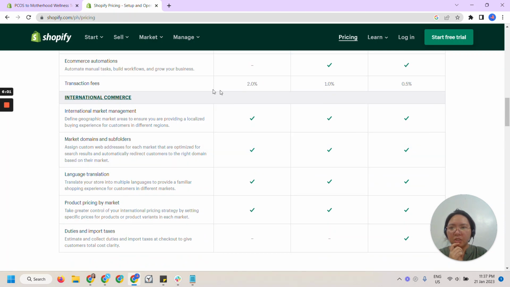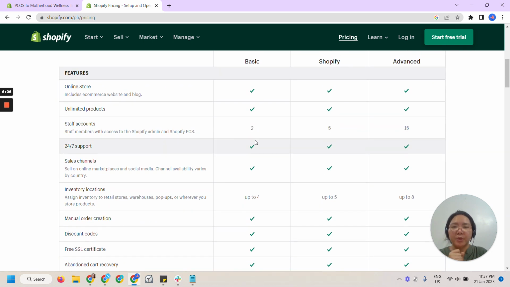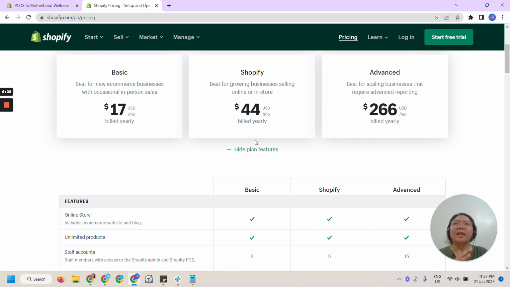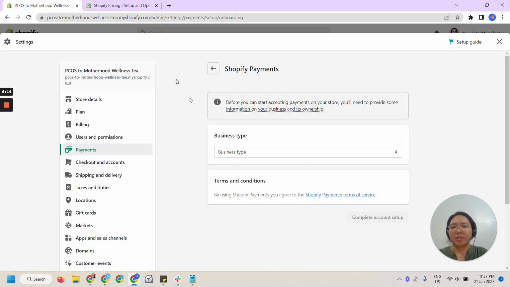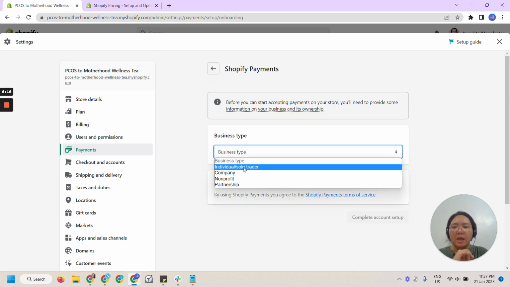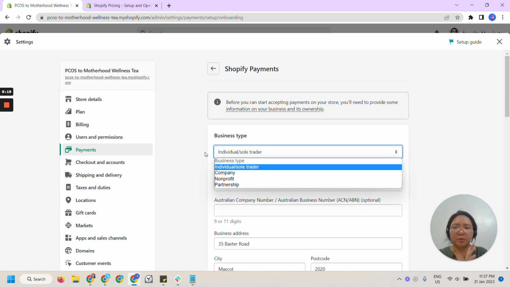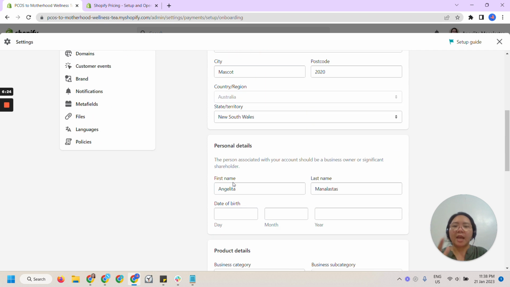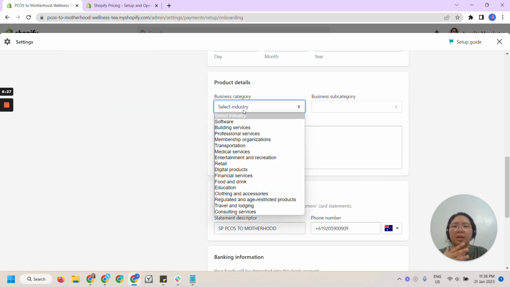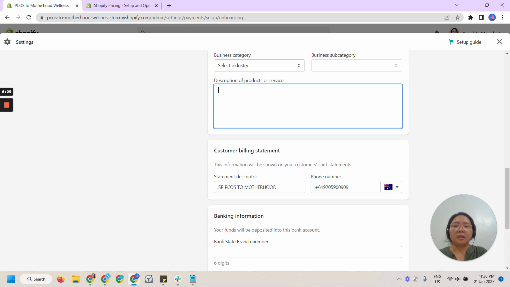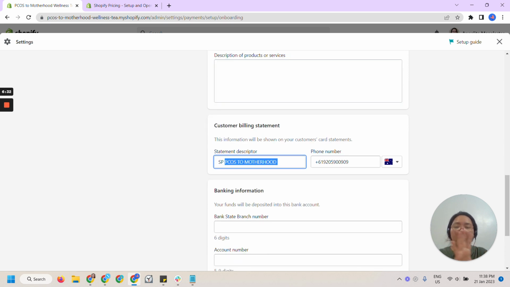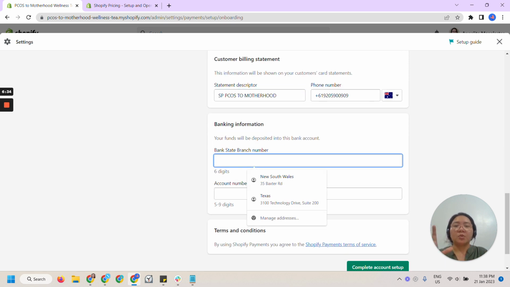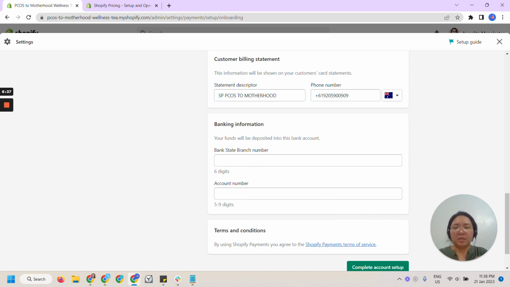So transaction fees would be 2% per order. They will deduct that, and then your order would be paid out to your bank. Going up here, just add this if you are an individual, or what type of business, add your legal business name, ABN, address, have this all filled out, and then product details, what information, and then this shows up on the credit card billing,